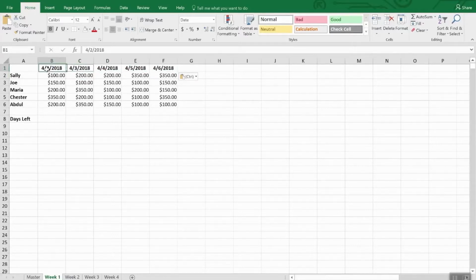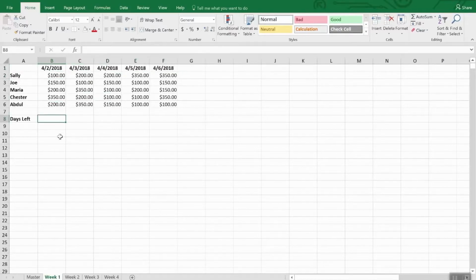And then we can copy the entire set of labels, go to week 2, copy, paste, and we're going to do 4/9/18, and that'll do the rest. So really easy to go and populate your worksheet with the date of each day rather than the day of the week. Now let's do something a little more complex using a date function, and we're going to figure out